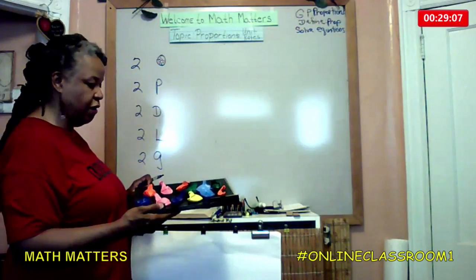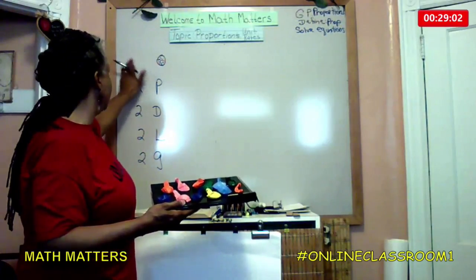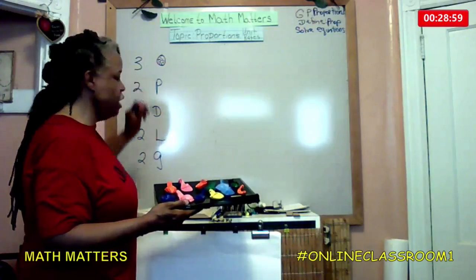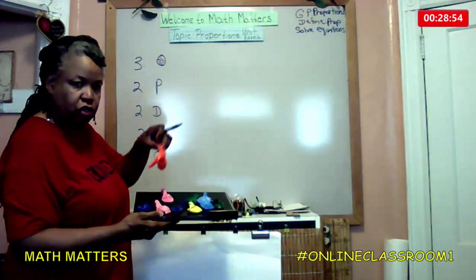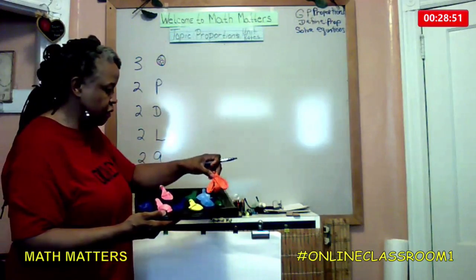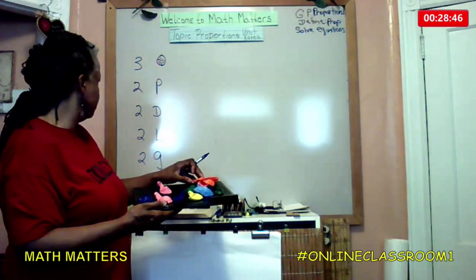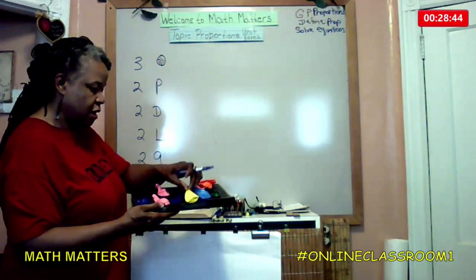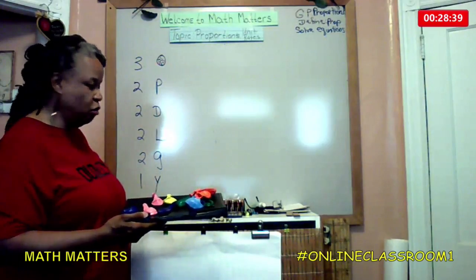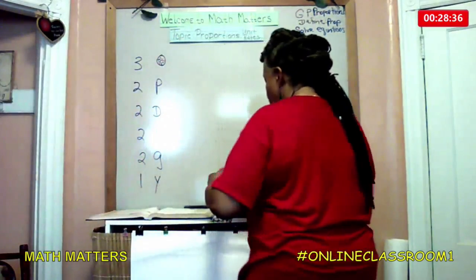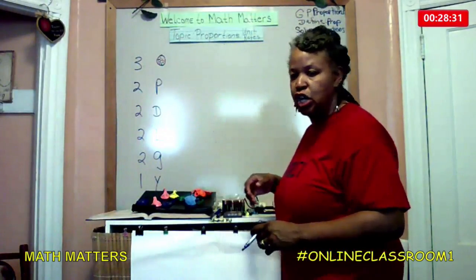Okay, no, I don't have them all. As a matter of fact, I have, let's go back up, 3 orange balloons. Let's put them together. 1, 2, 3 orange. I've got 2 blues, 2 greens, 2 pinks, and 1 yellow balloon. Okay? So, with that in mind, if I were to write a ratio,